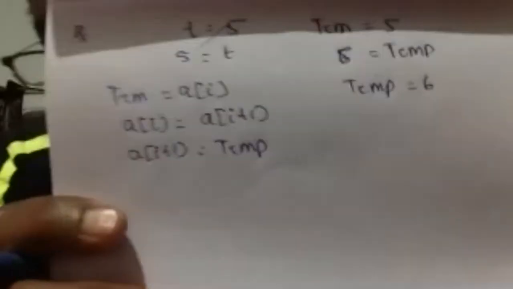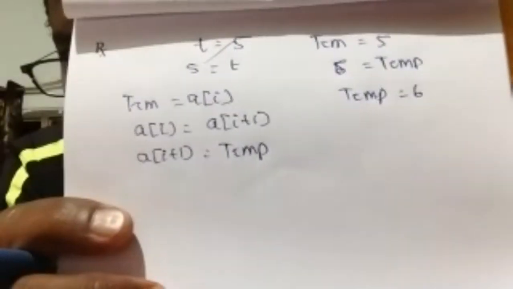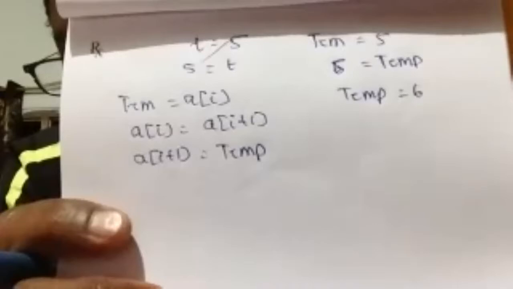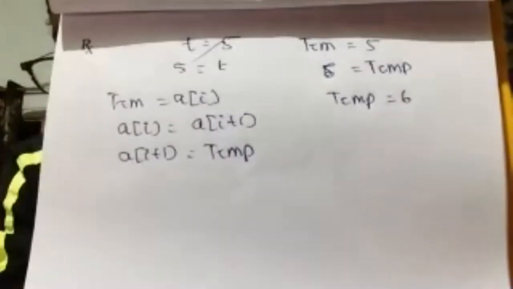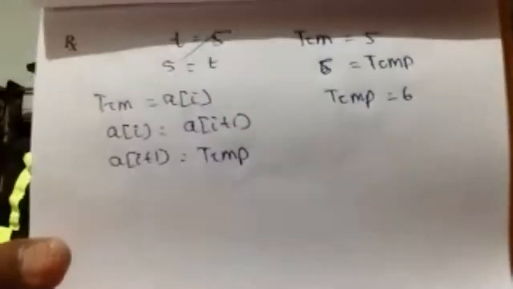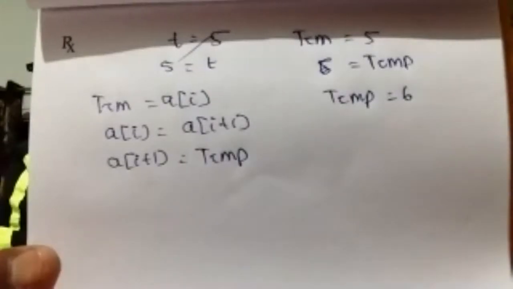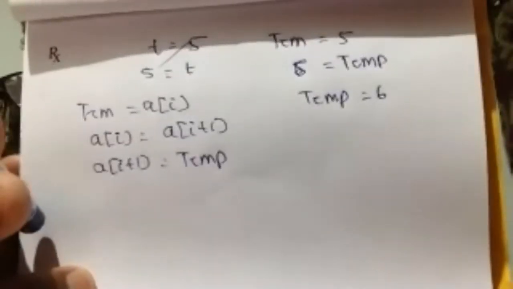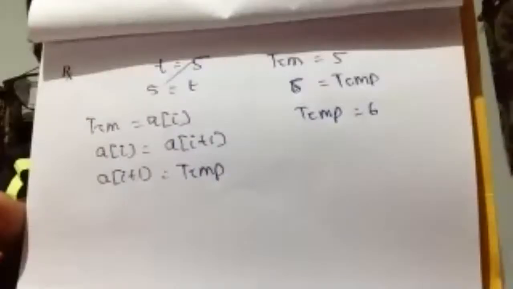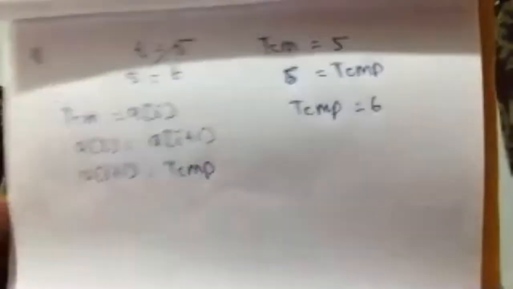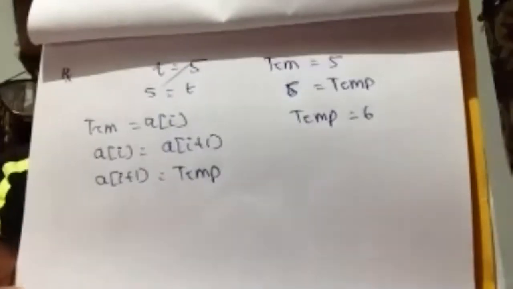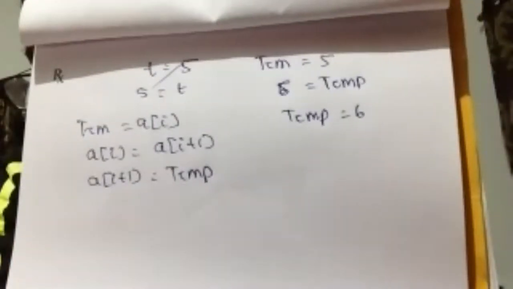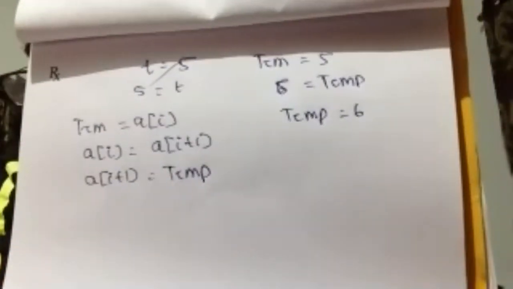Now see this logic. I use one variable that is temp, a temporary variable. And I assigned the first value. From this example, what is the first value? You have noted already. For this example, what is the first value in the first address? 3. And what is the second value? 7. So AI equal to 3, AI plus 1 equal to 7. I plus 1 means the next address.